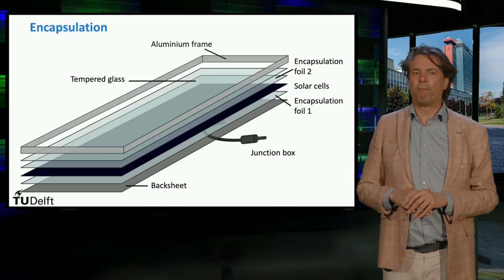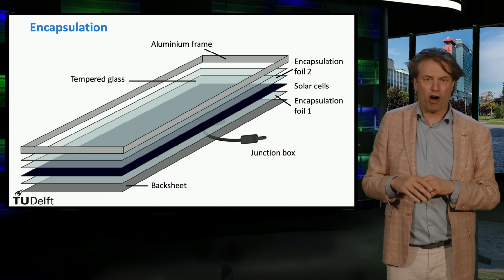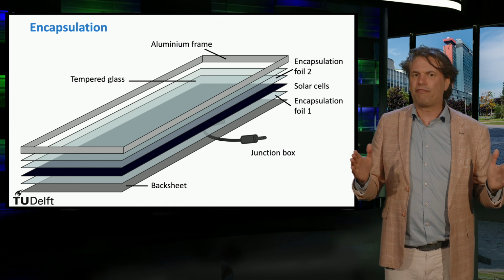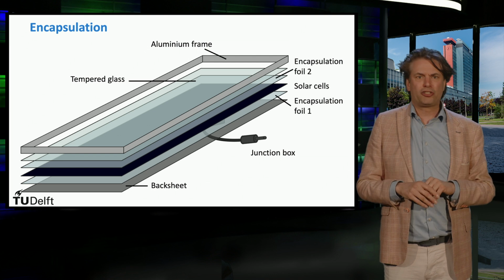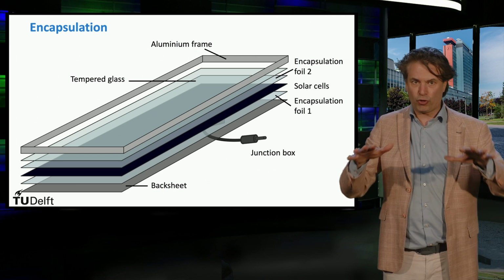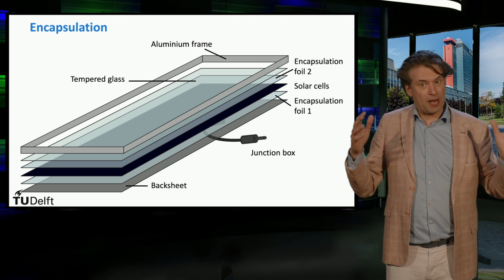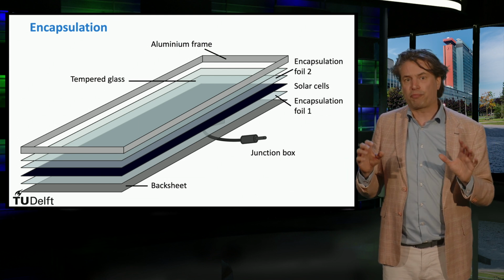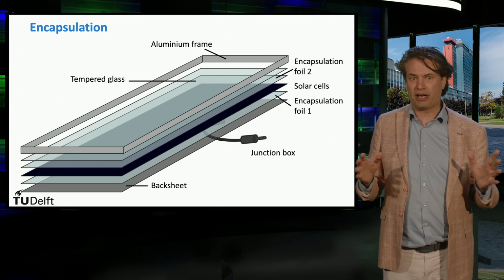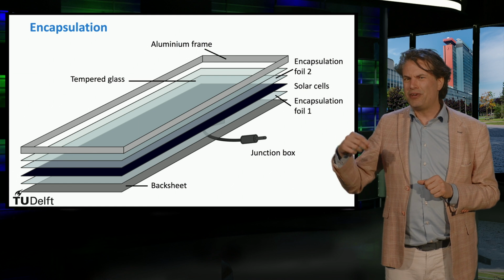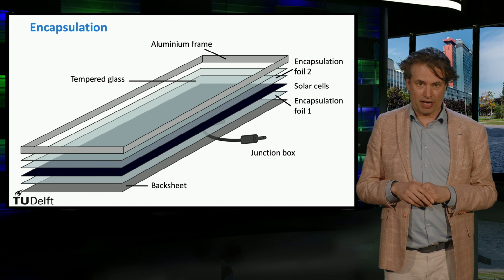The final structural component of the module is the framing of the module. The sides are first sealed and then protected with an aluminum frame such that the module can be mounted on supporting structures. The aluminum frame should be free of projections which could result in lodgement of water, dust or other matter. Note that at the rear side an additional glass sheet may be used for added strength of the PV module.